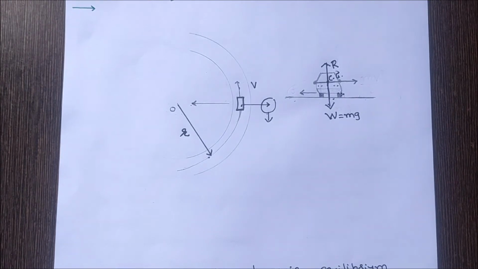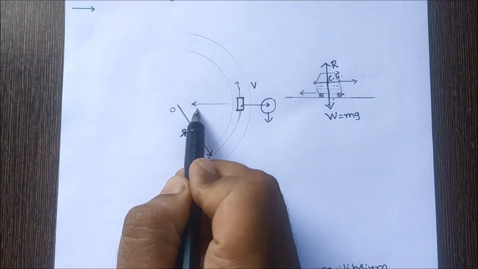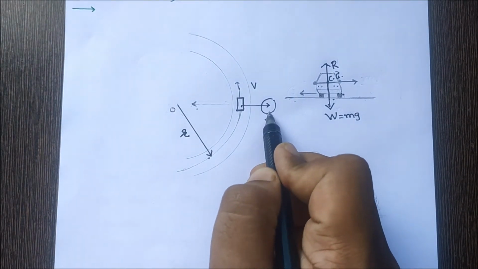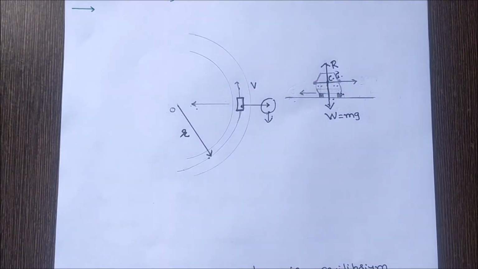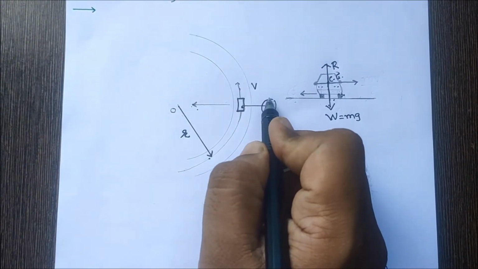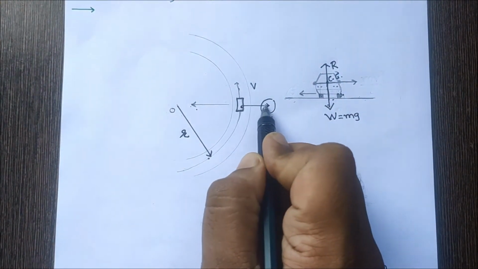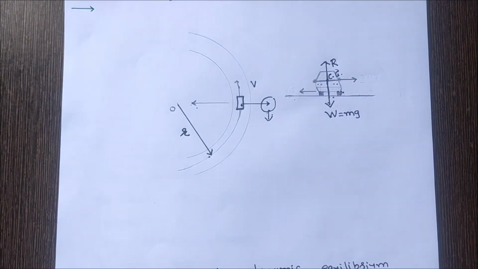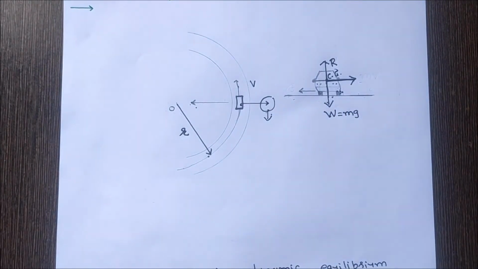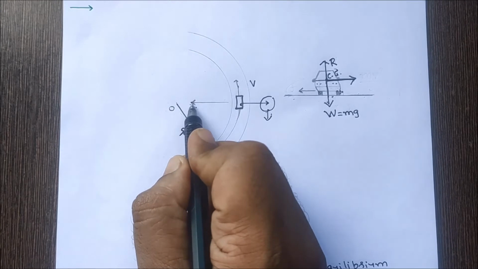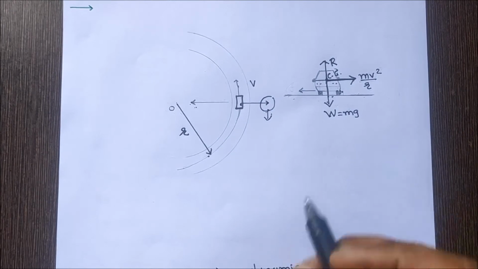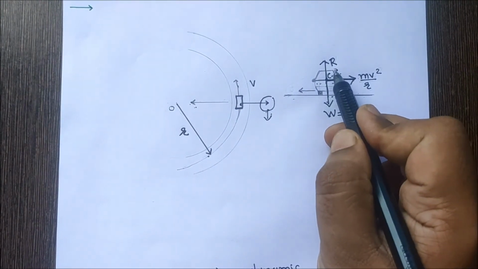So there is only one real force being applied, that is centripetal force, while the other one is an apparent force, called inertia force, or you can say centrifugal force. If you are part of the rotating system, you experience an apparent force, the centrifugal force, pushing you away from the center of curvature. So here third force is centrifugal force. Its value is exactly the same as the centripetal force, mv square by r, acting radially outwards through center of gravity.